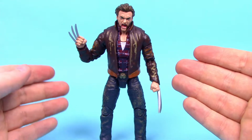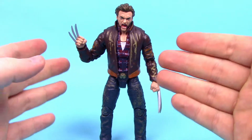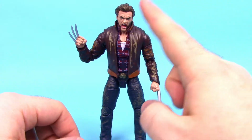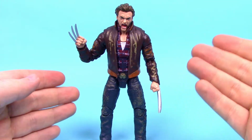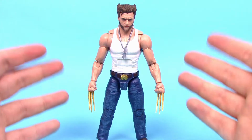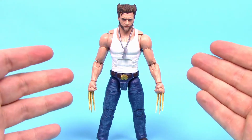So overall, not a bad Wolverine, and I think for movie versions, this is probably the best version you could get. I think he just looks so good in every way. Like I said, I'll probably switch the heads out, but other than that, I think this is the perfect Wolverine. And then our last figure is the Amazon exclusive Wolverine, which again, I think is from X-Men Origins Wolverine,